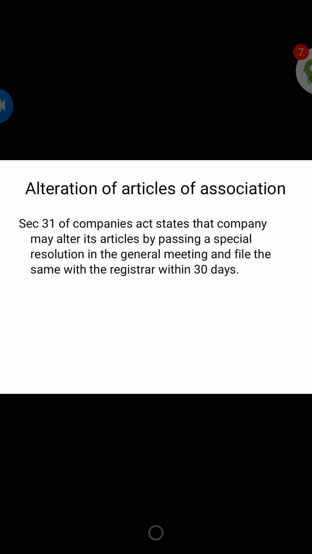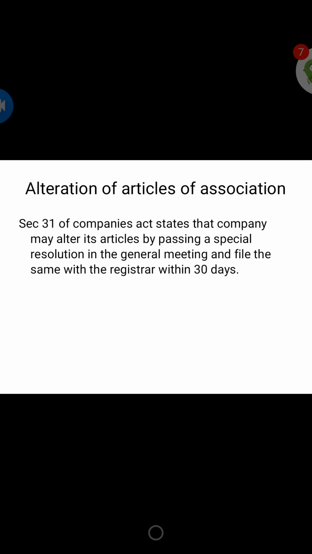This becomes your alteration. So we can say you have altered your articles. The effect of change must be clubbed in all copies of articles issued after the date of